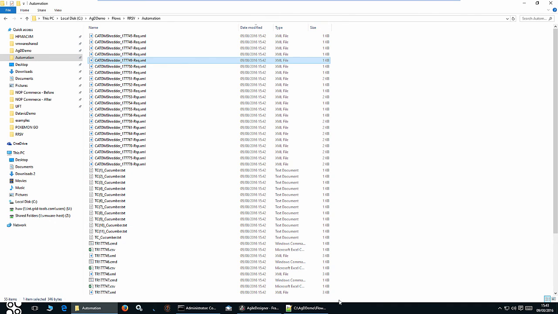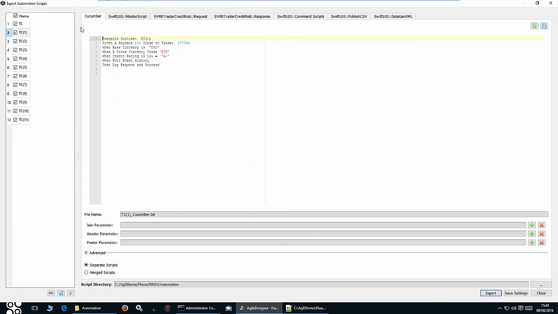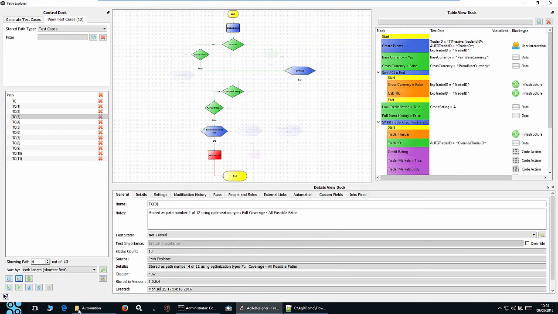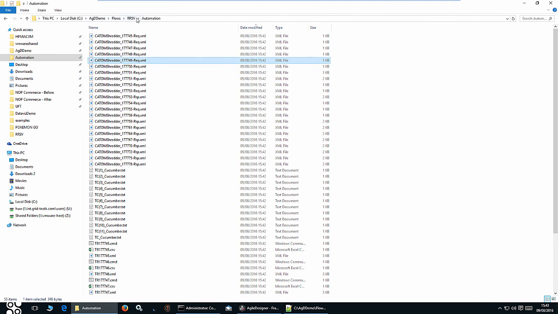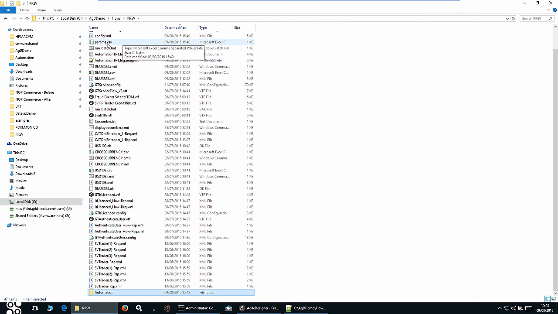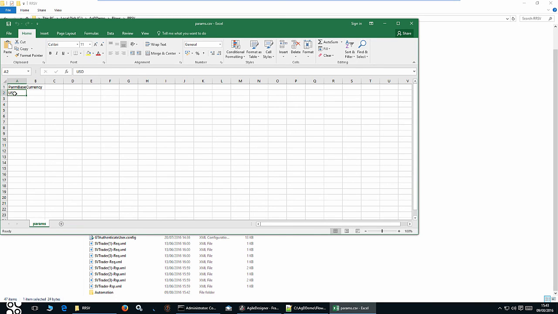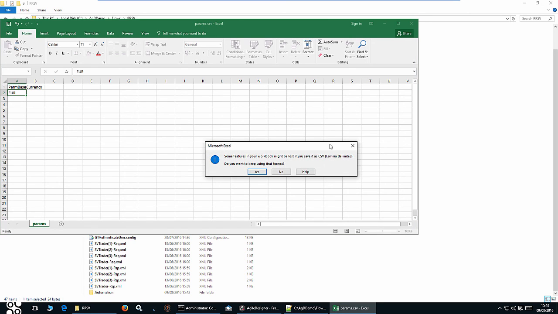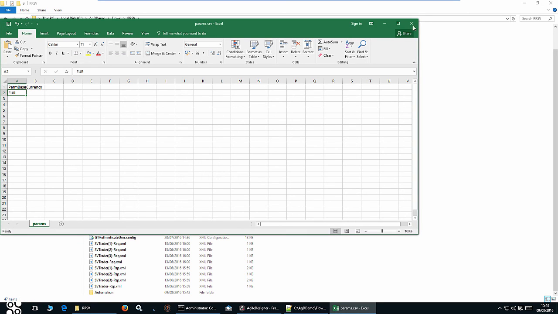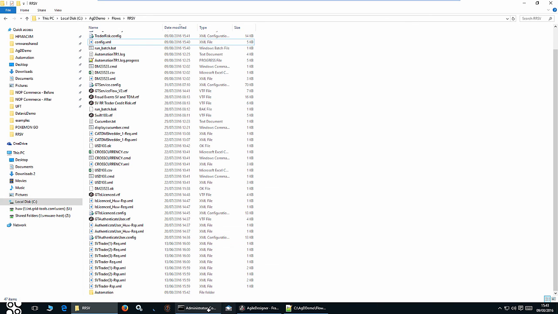Now what we could do now is we could think about maybe changing the automation scripts. Let's go back to here and change our params. So in this case we're going to change the base currency to euros like so. Click on save. And now what we could do is we could now run batch again,